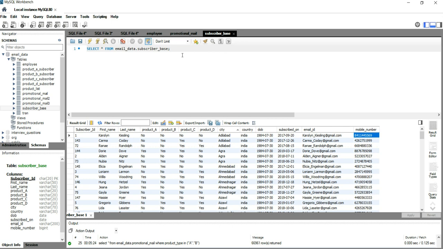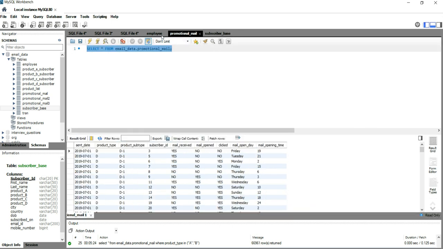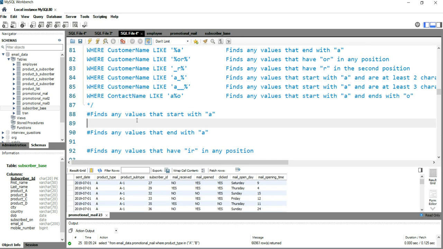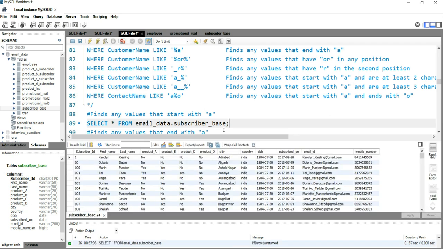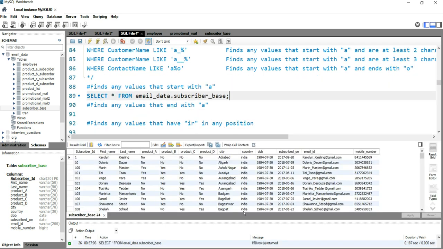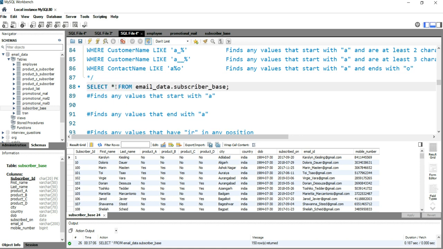Now what we need to do is find out, the first question states, find any name that starts with A. Before doing that, I'll just run this here so that we are on the same screen. Let me put it above, so whenever we require, we would run this select star from query.